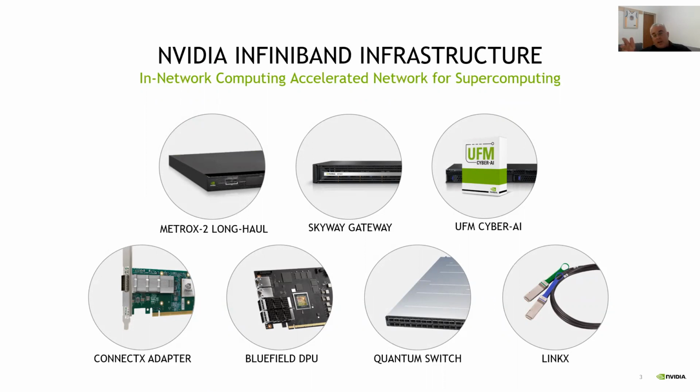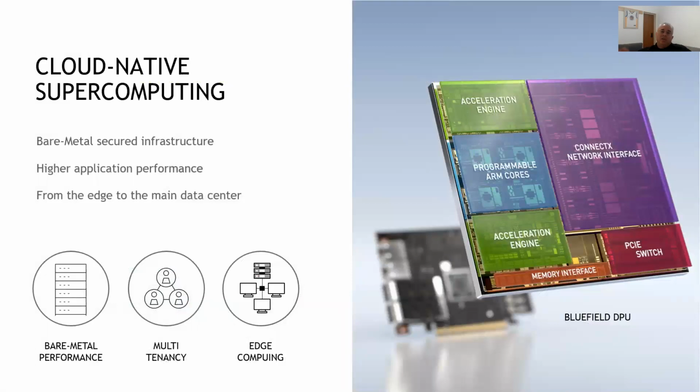And the UFM Cyber AI appliance enables network management, orchestration, and connects to job schedulers, for example, and so forth. The UFM Cyber AI appliance also reads telemetry information from the network and builds a historical database of telemetry information. On that database, it runs deep learning algorithms to look for anomalies, to enable predictive maintenance, to bring more security into supercomputing. So in my talk, we'll focus on the DPU and how the DPU enables the